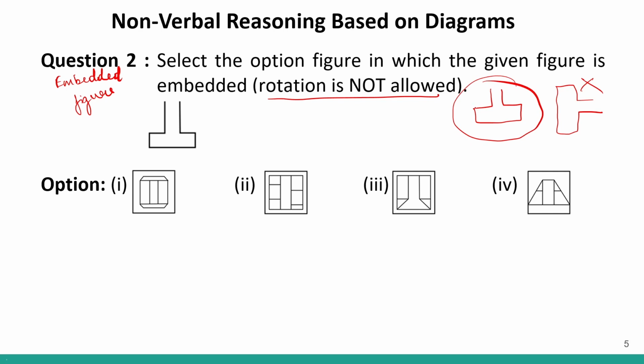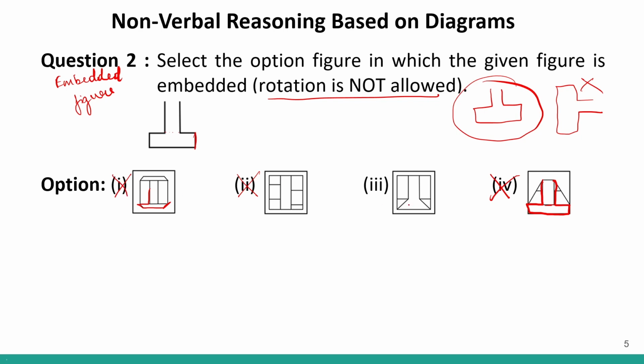So let us check. Over here, I can see this. Right? Over here, I can see this. But this is closed. So option number 4 is eliminated. Over here, this was open. This is not, but over here, this is closed. So this option is eliminated. Now, over here, I can see that no such image is possible. So option 2 is eliminated. Over here, again, this is slanting. But over here, we have straight. So option 1 is also eliminated.